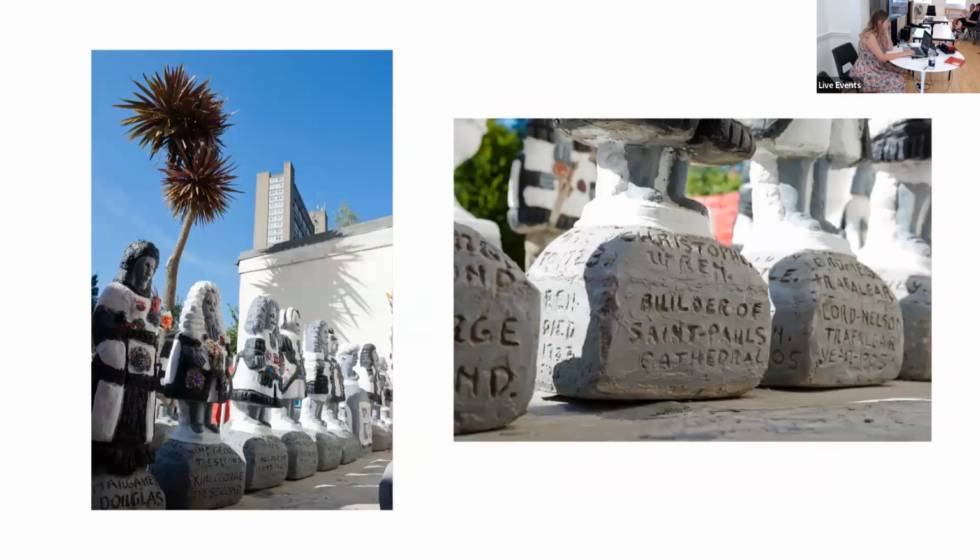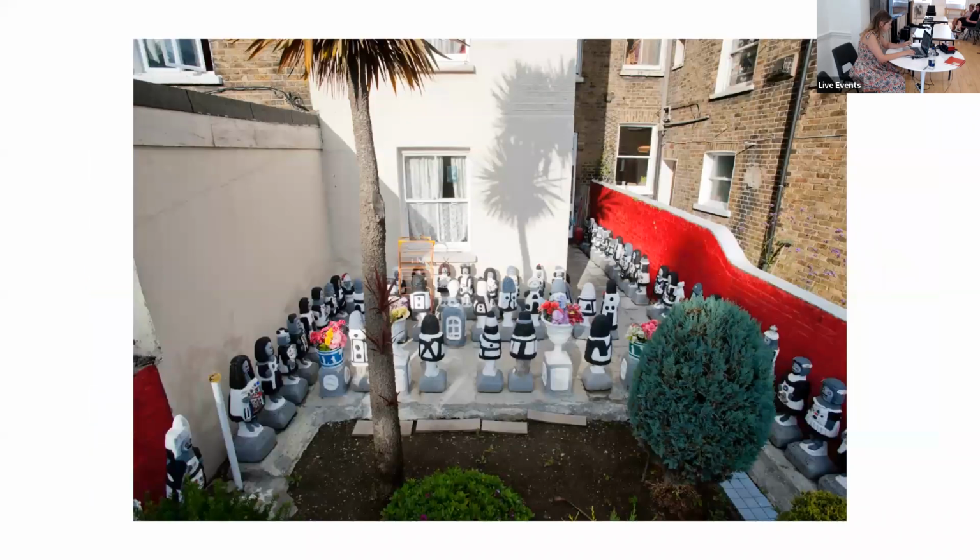And then this is his back garden. So bearing in mind, this is just a small terraced house, first floor flat, bedroom, kitchen, back room, garden. And this is where the scale just gets very extraordinary and quite overwhelming. And all of these, again, are models of military heroes, members of the royal family, Napoleon, who was a bit smaller than all the others,